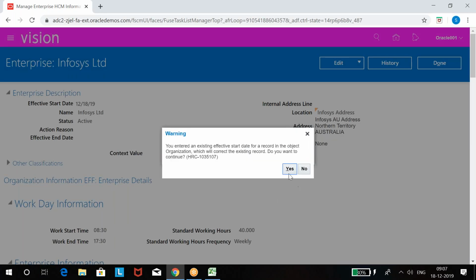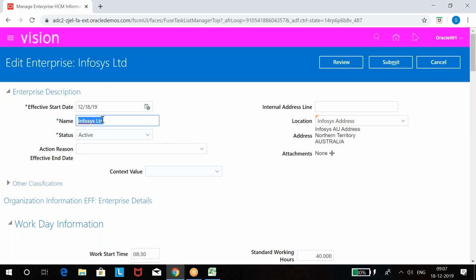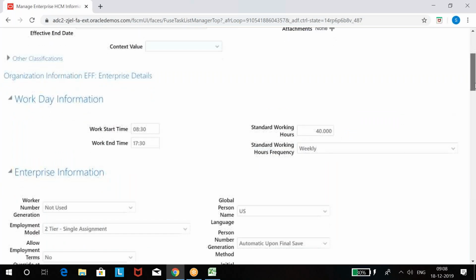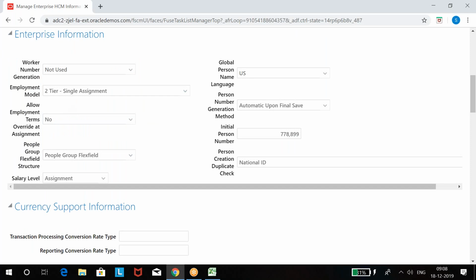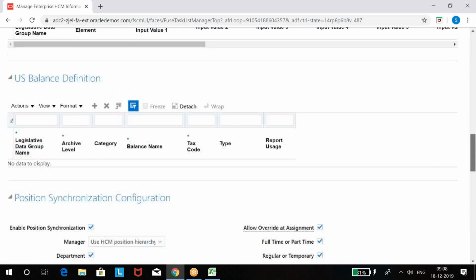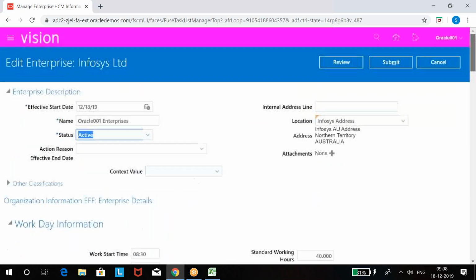Okay. I'll give the name as something. And any address you have, you can select here, or else you can leave the same. Work timings and all. Okay, somebody updated this work timing. See, work timing is not required for finance; HR decides, right? So these are optional details not required to be provided by us. And these are all employee-related details, all HR-related details here. Okay, so enterprise name and location is enough.